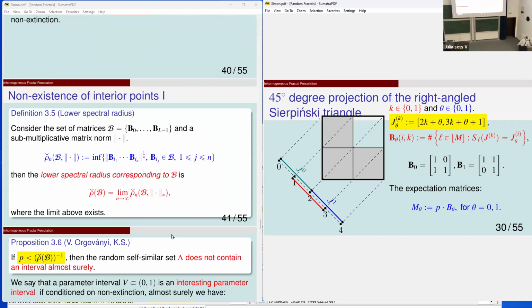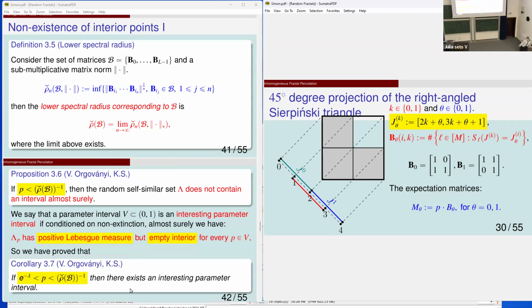If you want to understand something about the interior point, then you need to consider the so-called lower spectral radius. So you have this set of matrices, and you consider, for a given n, all products of length n. You take the norm, raised to 1 over n, and the infimum over all n and over all products. Very much the infimum. Then you let n tend to infinity, and this is the lower spectral radius. In some cases, we can